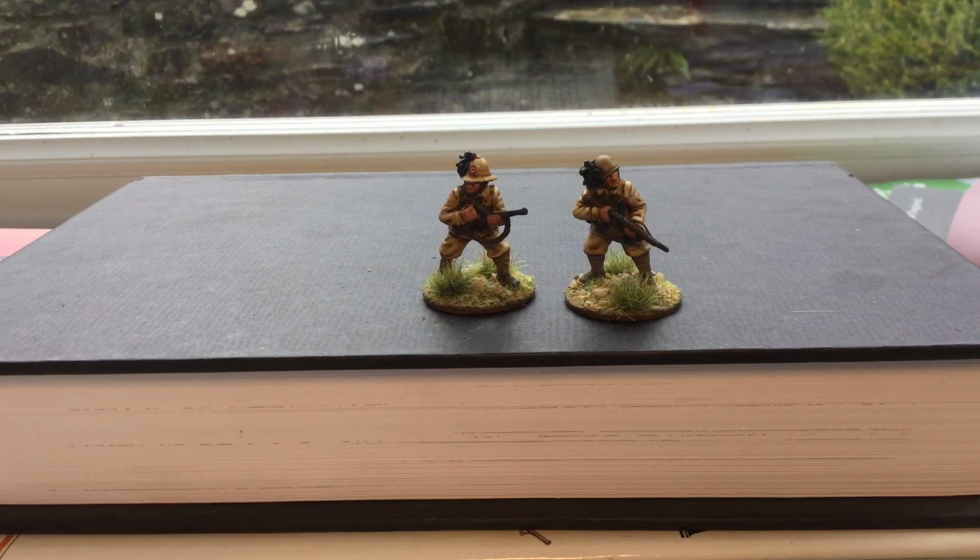But I've not got on to painting them. I've got them assembled and undercoated. I've basically gone and I'm assembling like a squad of each platoon. There'll be like 3 squads of each. I mean, there's about four or five different platoons, with each one's got 3 squads in it plus the commands. So I'm just doing 1 squad of each at the minute, just to sort of get my hand in, and see how I get on painting various different aspects,